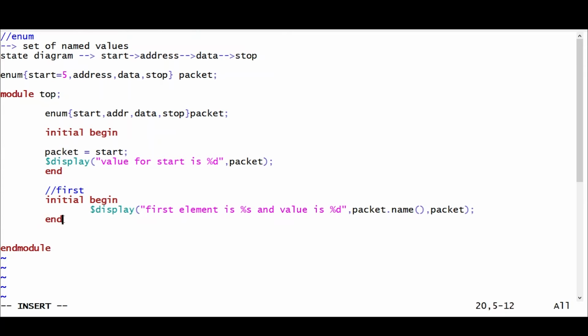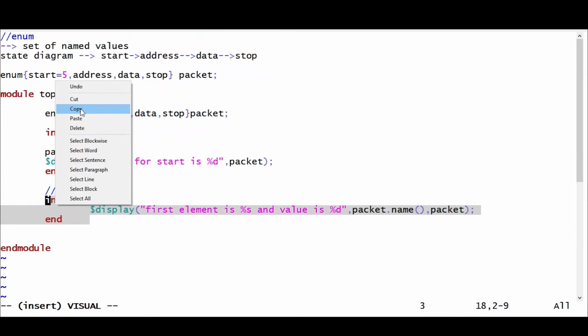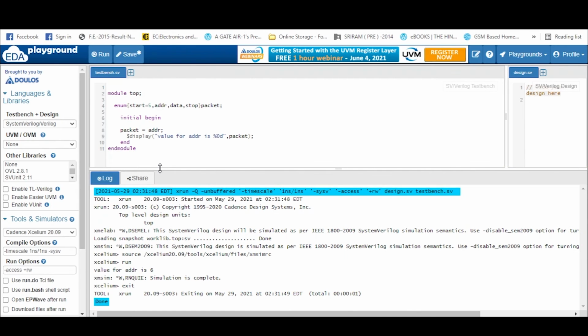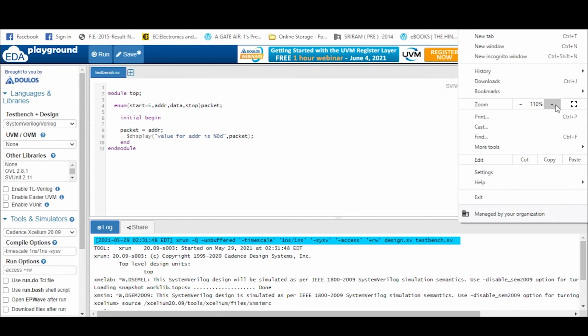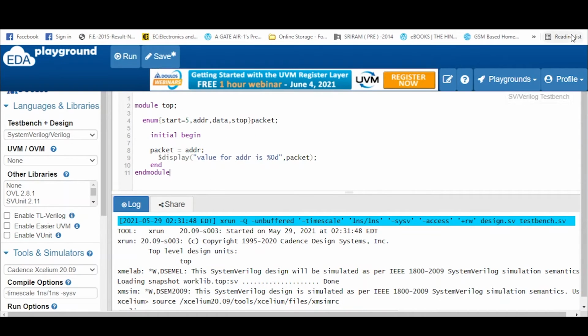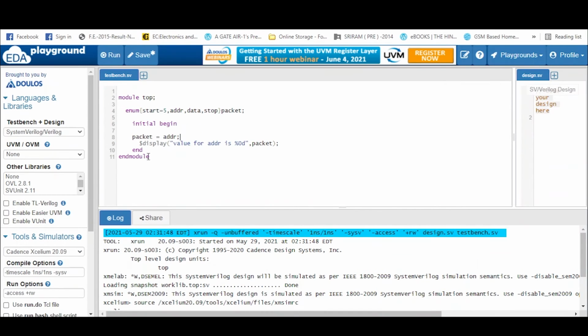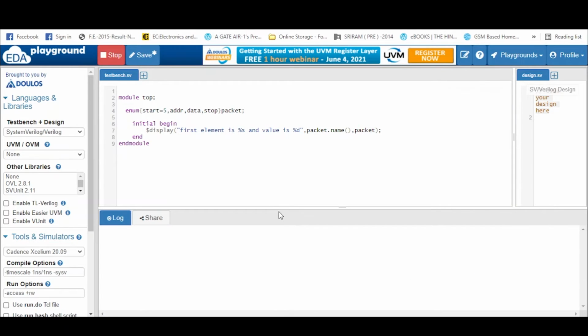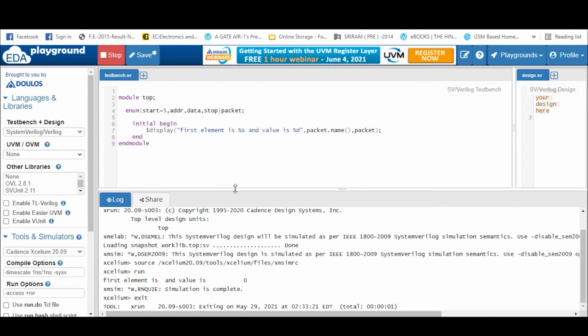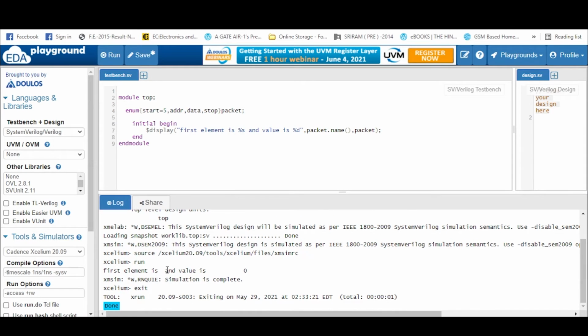So let's copy this and see how it works. Okay, let's paste it here. So the first element, the name we are not getting, the reason being we have not called the first method, because as I said, there is a first method.